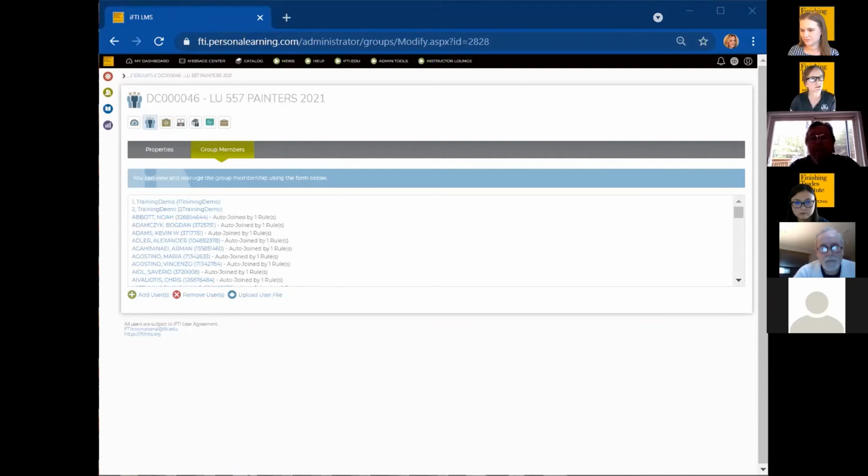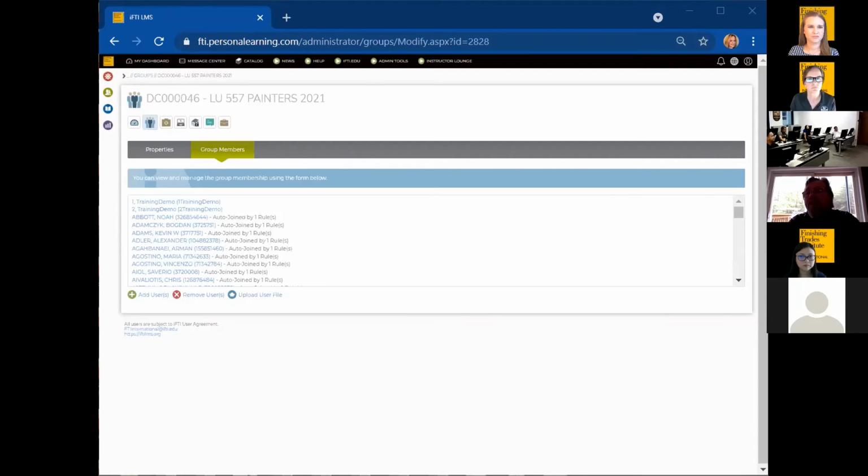Okay, are there any other questions about groups right now? Yeah, this is Sean, DC50. So essentially we could just have a group for each trade, since we have 4 trades here, and then the learning paths would be detailed more on painter basic, painter level 2, painter level 3, and that could be attached to the painter group.